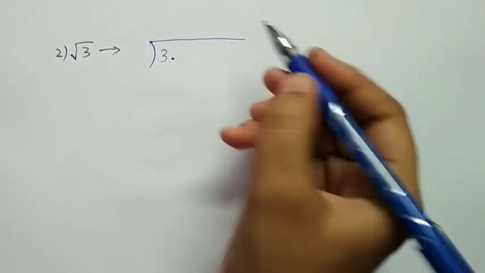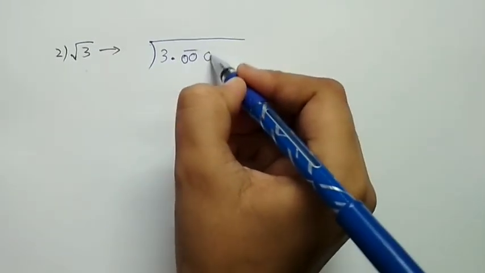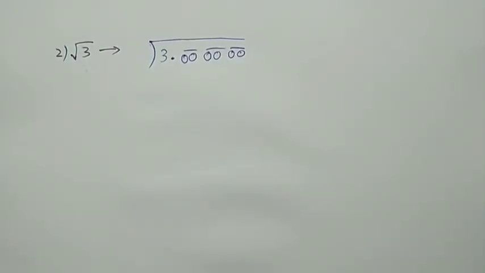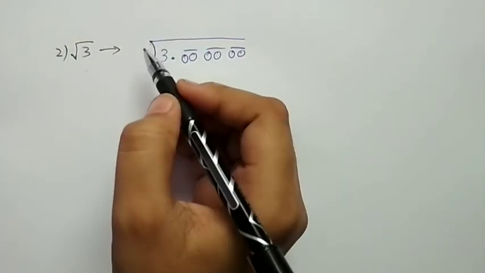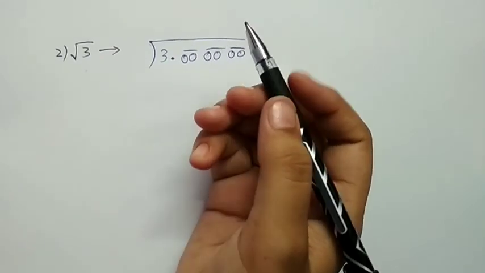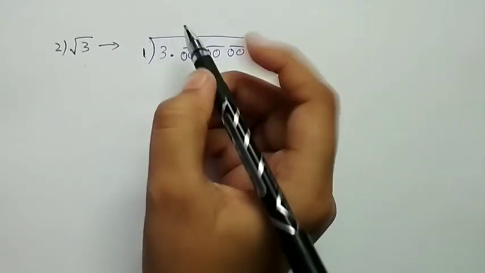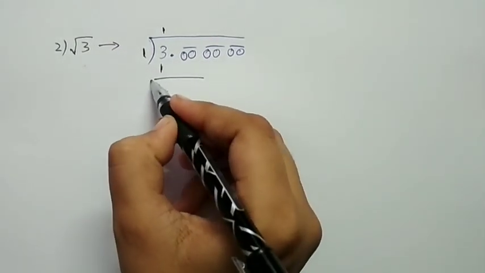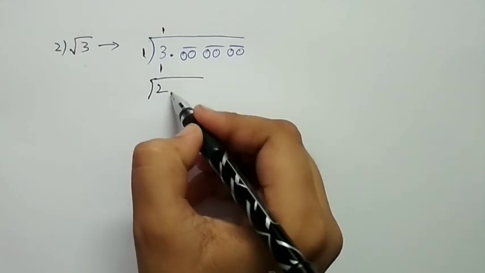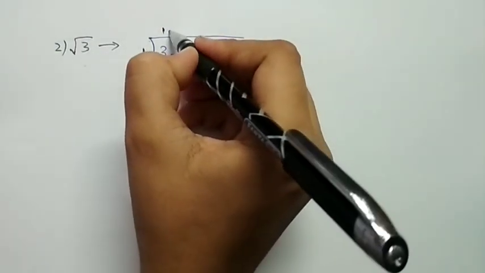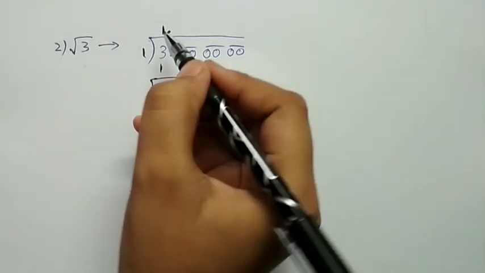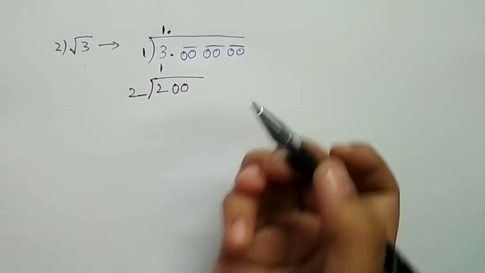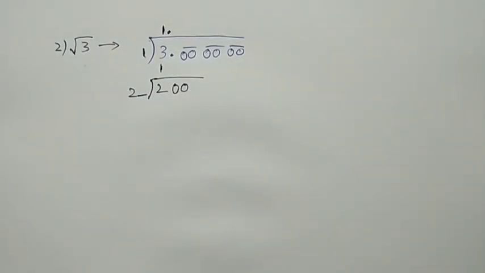After 3, put a decimal and 3 sets of zeros, as I want 3 numbers after the decimal point. Now, we need to make sure that we get the divisor and the quotient the same. I am taking 1, 1 ones are 1, subtract. We're bringing down the zeros. I get a point here, 1 point. Taking double the quotient, that is 2 and a number, so that we can get a number near to 200.